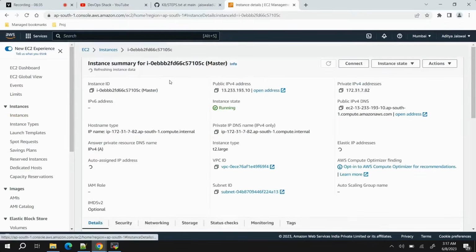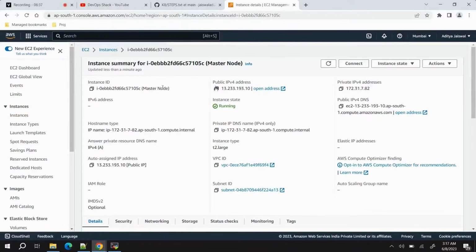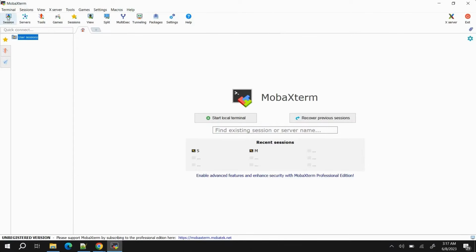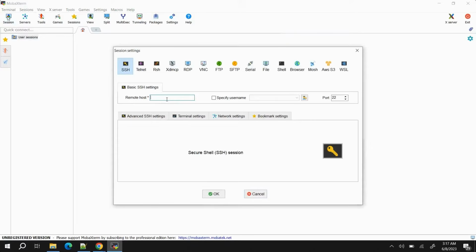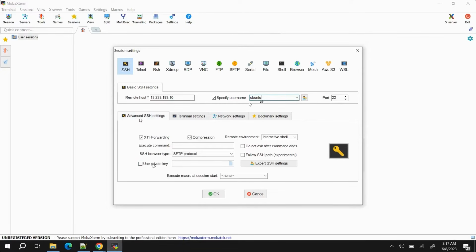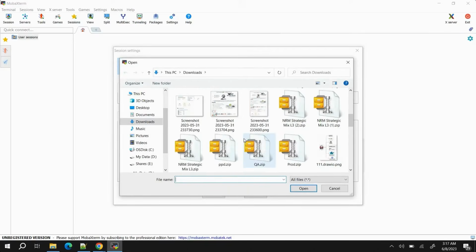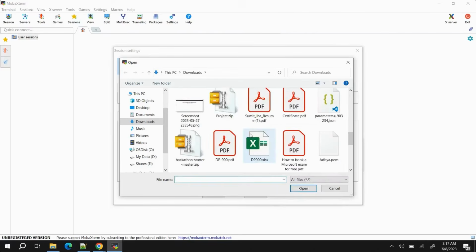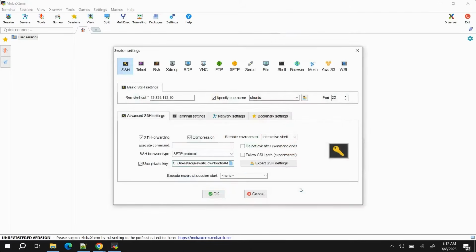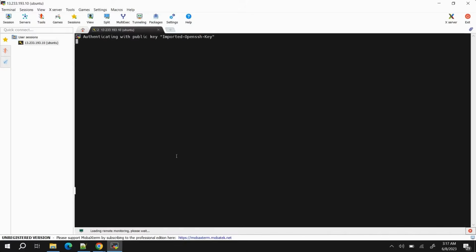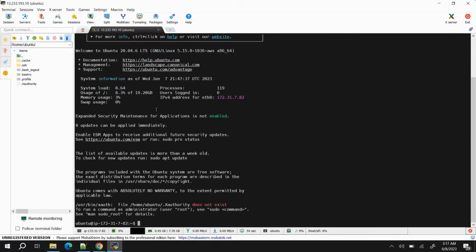So what we are going to do next is connect them through MobaXterm. This is for the master node. I will copy the IP address, go to MobaXterm, in session click on SSH. Remote host will be the IP address. In username we will provide ubuntu, spelling is correct, U-B-U-N-T-U. Okay, private key, so I will select the private key which I have on my machine. Let me select it. Yeah, this one. Click OK. Okay, so the first VM got connected,